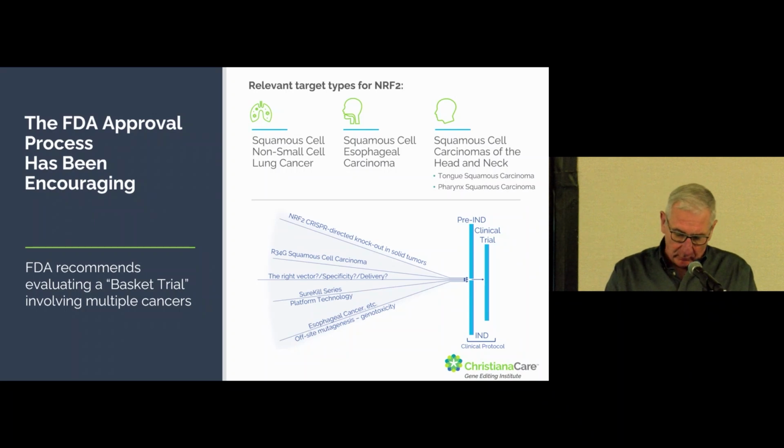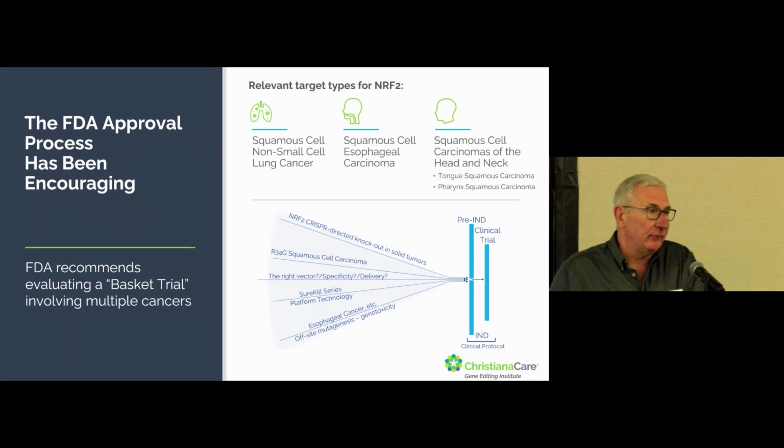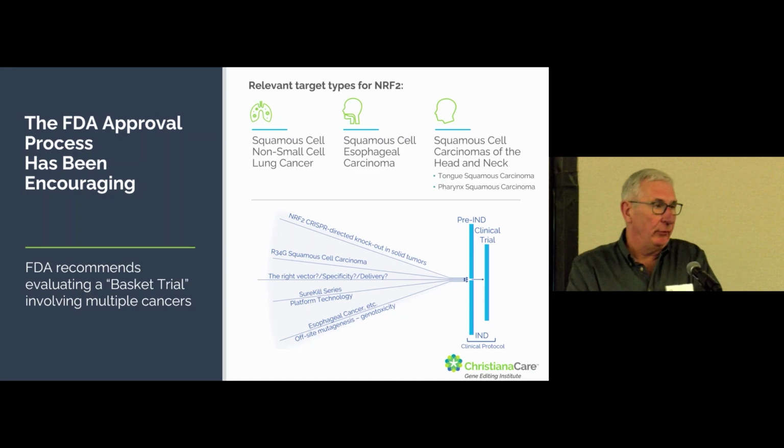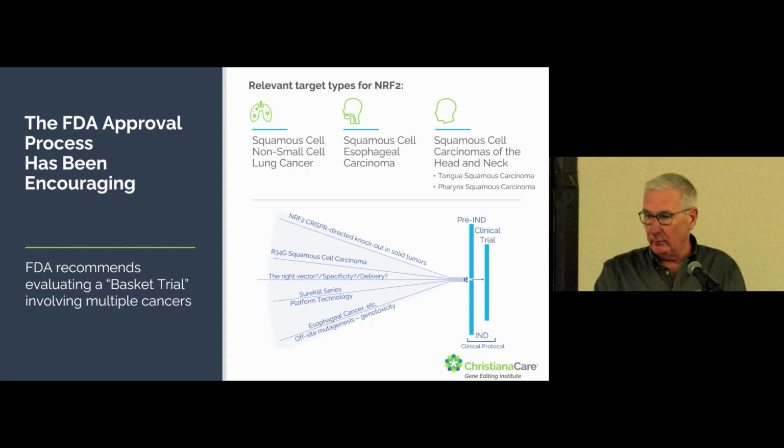So we've been working our way through the FDA with a simple idea: that we'll develop a CRISPR-Cas molecule that will specifically disable NRF2, so that we would then be able to continue treatment with chemotherapy, radiation, or targeted therapy. And actually, it's gone well. We were pretty surprised. We're about halfway through the approval process. I never want to do it again,